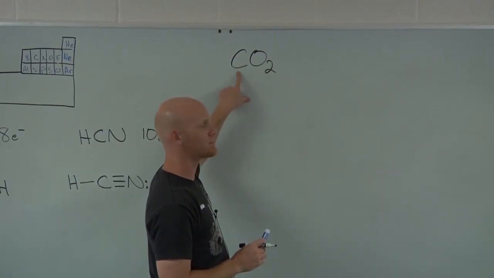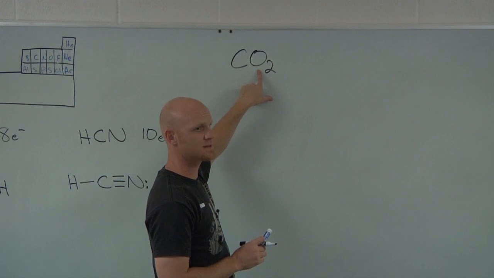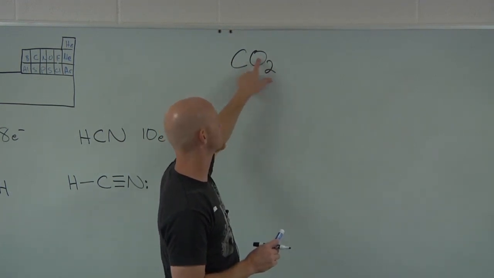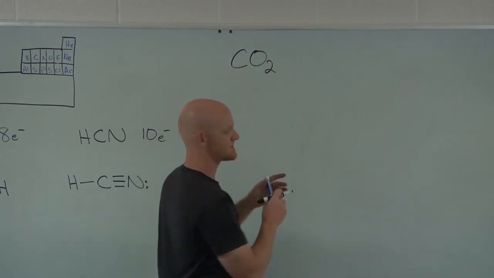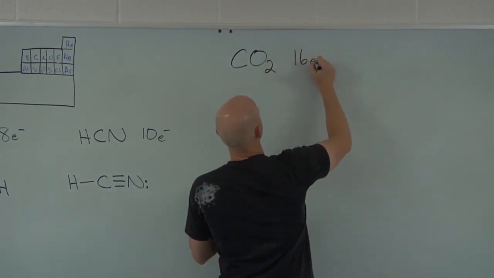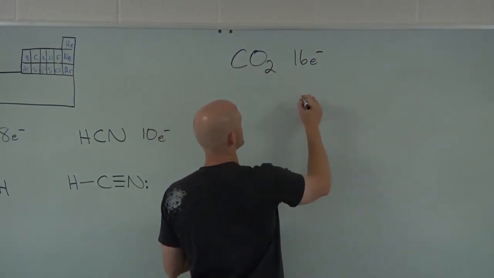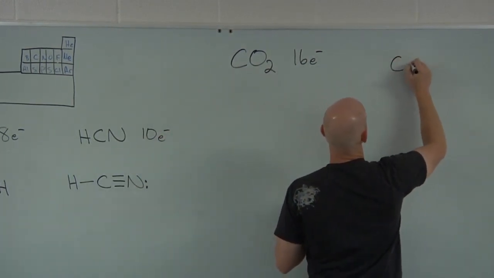Got 4 for carbon. Oxygen has 6 each. 2 times 6 is 12, plus 4 is 16. Who can make the most bonds? Carbon, so carbon goes in the middle. And so in this case,